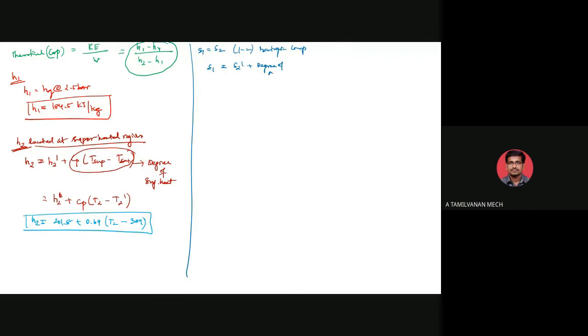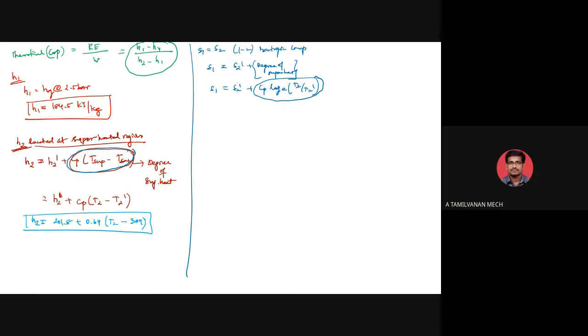Again, you write the degree is called the degree of superheat. Then this equation can be written as S1 equals S2 dash plus the degree of superheat, which can be written by a formula, that is Cp ln of T2 divided by T2 dash. This is a formula to find the superheat for entropy,